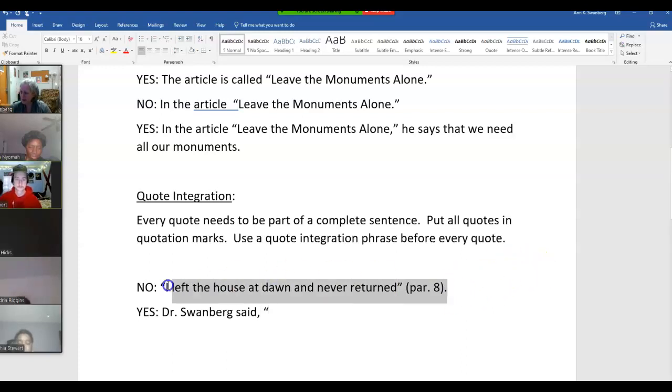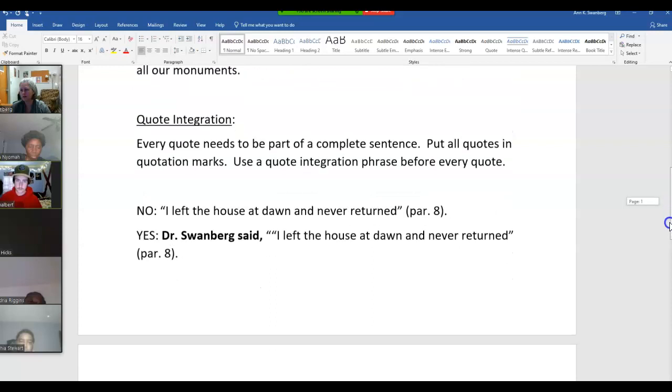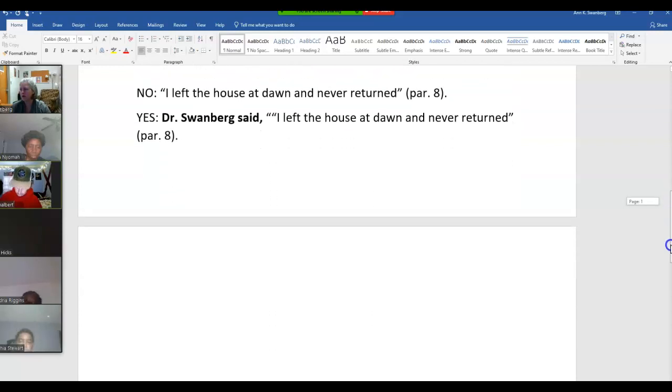And then I'm going to go ahead and put this there. Don't forget, copy and paste is your friend. Okay, so we have this. I'm going to make that bold so that you can see that those are the quote integration phrases that we are talking about. Now, at the top of this next page, what we're going to do is make a list,